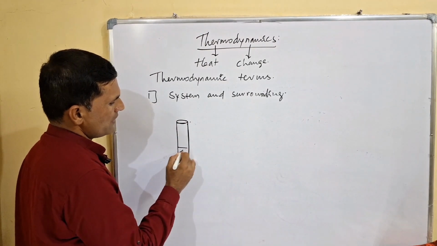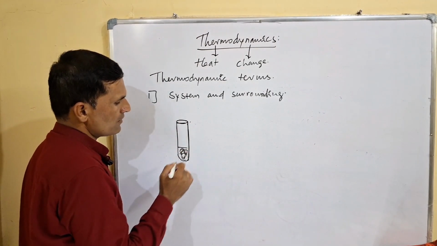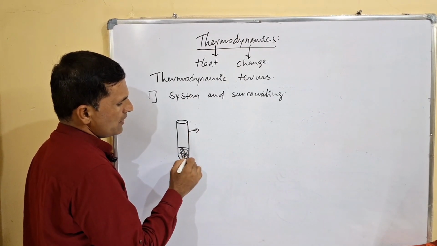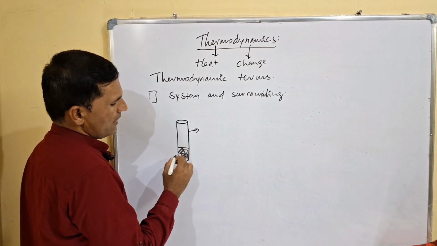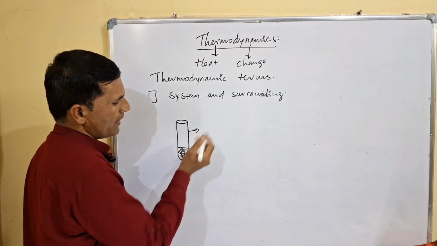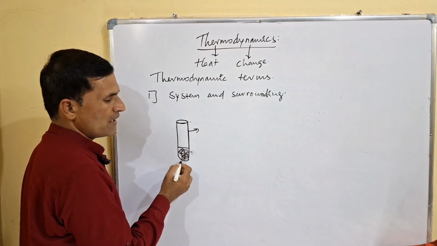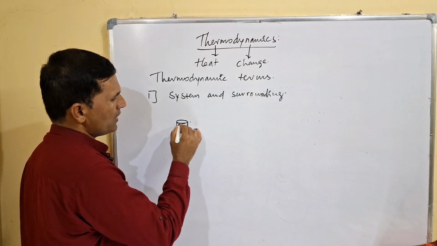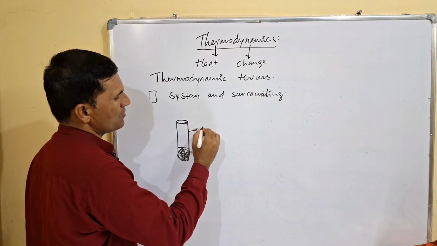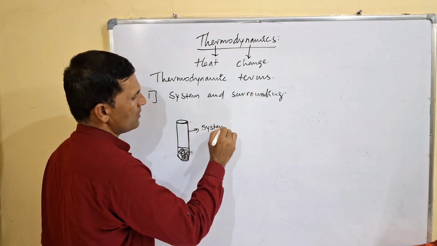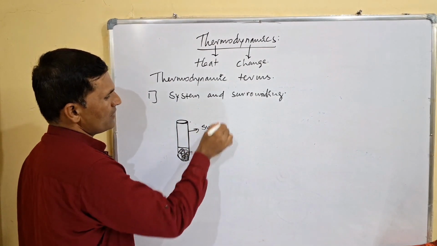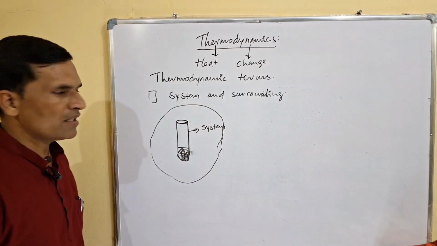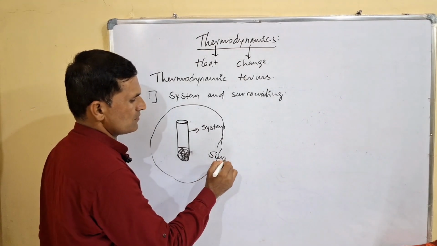So we have taken the reactants and reacted them. Now this test tube where we are doing the reaction, and we are talking about energetics, whether it has to be heated or heat is given out, all that study we do, then this particular test tube will be acting as your system, and the area around this test tube will be your surrounding.